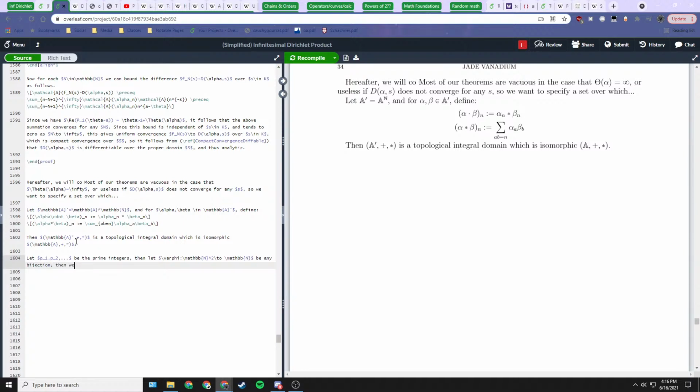Then we can define, for each pair ij in N, define, not varphi, define other phi of e sub, oh gosh, let's do it this way. Let b sub n be in A prime be such that